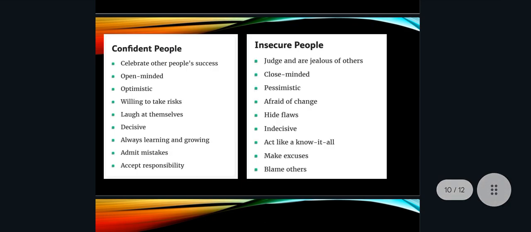So come to our next slide, confident people and insecure people. I'm going to give you the traits, characteristics of the confident people. Celebrate other people's success, open-minded, optimistic, willing to take risks, laugh at themselves, decisive, always learning and growing, admit mistakes,